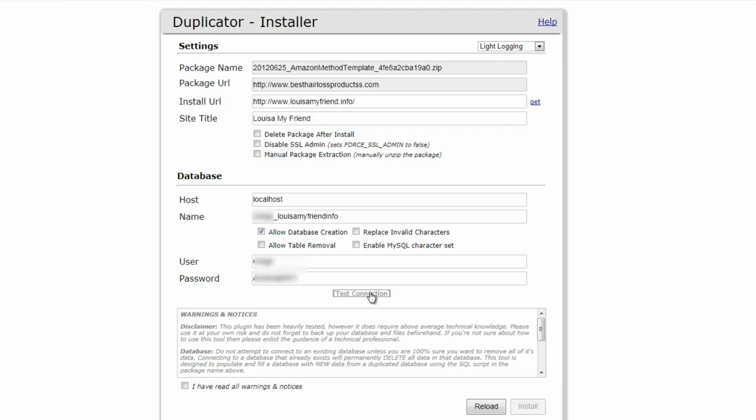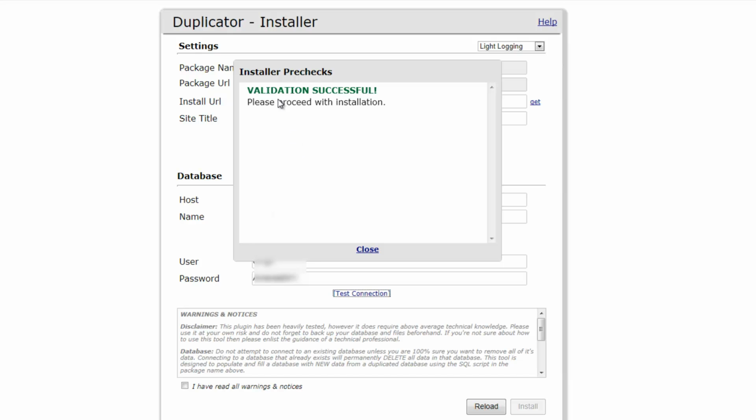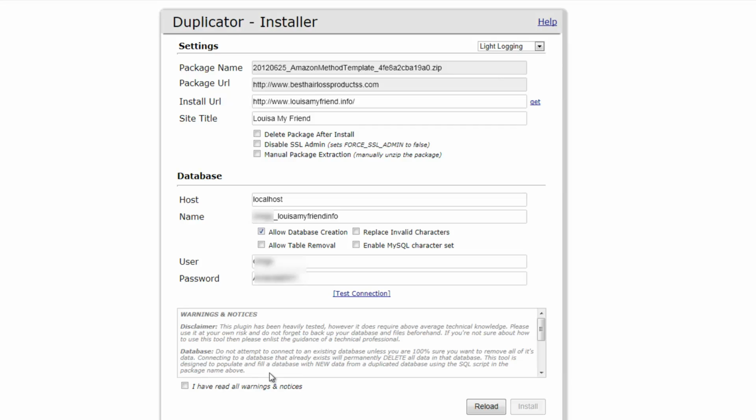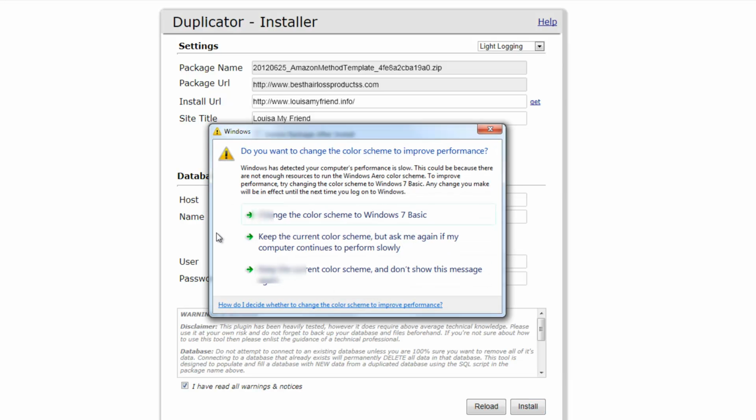Now I'm going to test my connection, and as you can see, it connects fine. I have read all the warnings and notices. Make sure all this information is correct. What this is going to do is actually create a new database for you, so you don't even have to go through your cPanel and add a database or set up WordPress. So this is so easy to do. It's very easy. Once you've got all your settings there, if you do have an error,